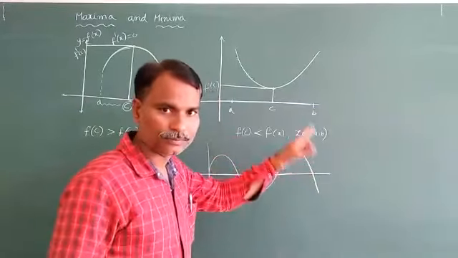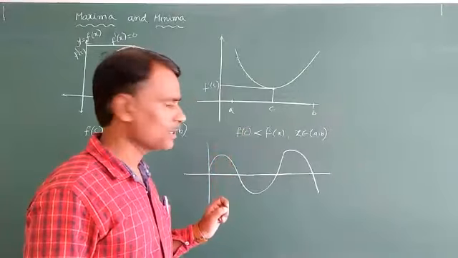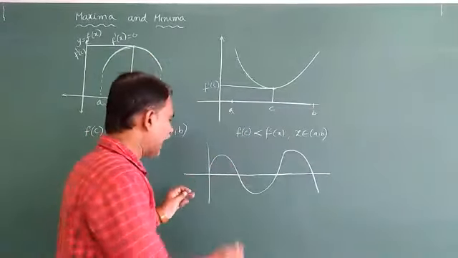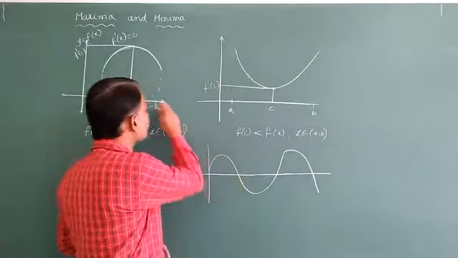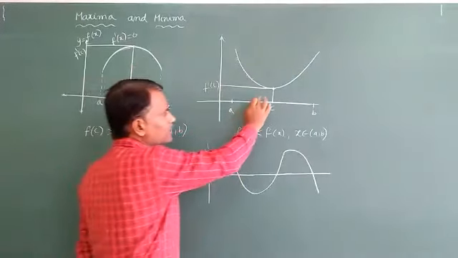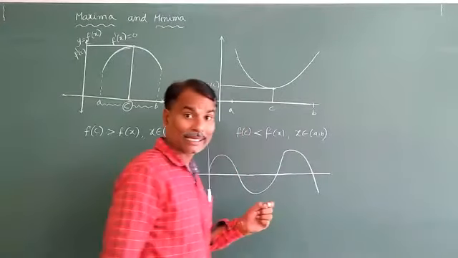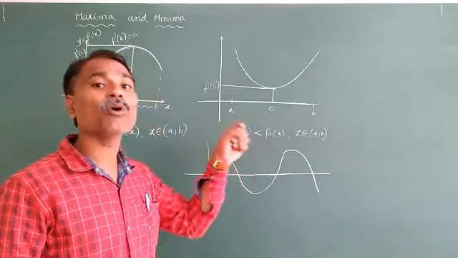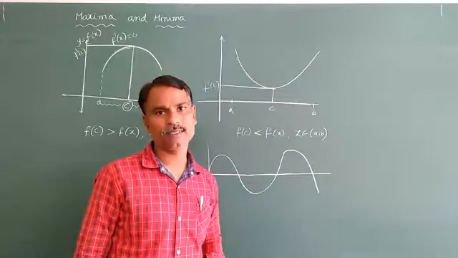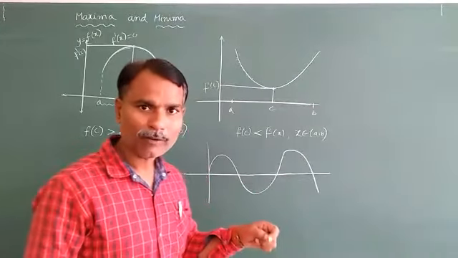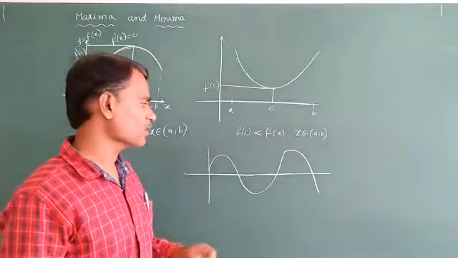So it will go on as sin x curves. A sin x curve means we consider only this much part. That's why we are discussing this point as the maximum and this as the minimum point. But a function can have more than one maximum, that means a number of maximum points or a number of minimum points will exist.